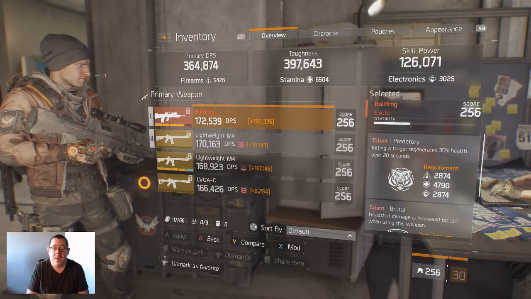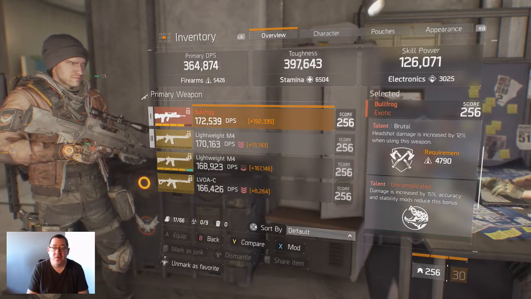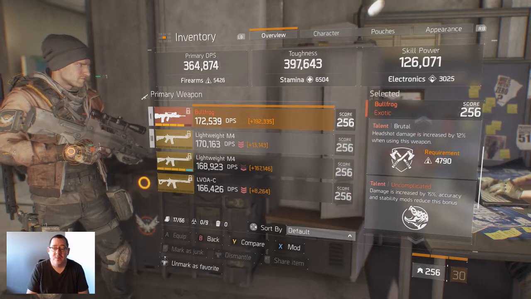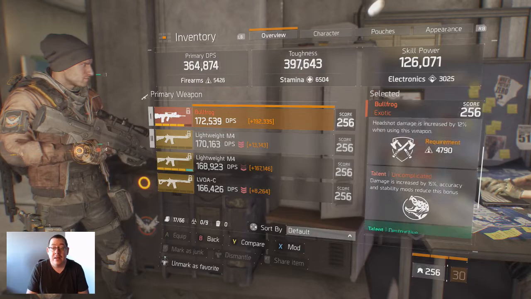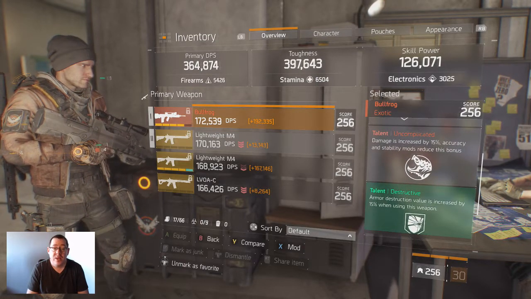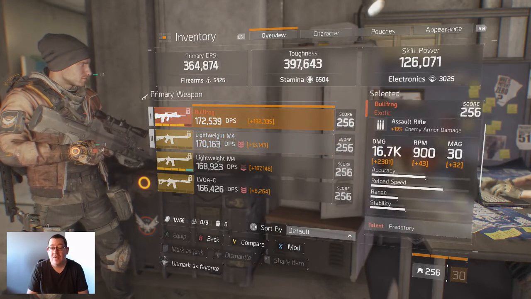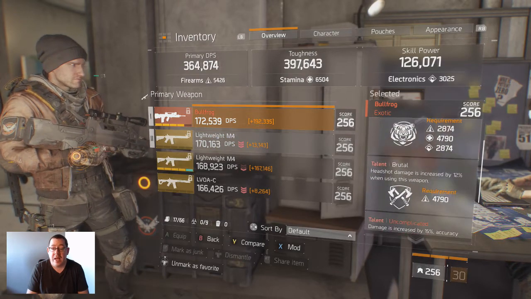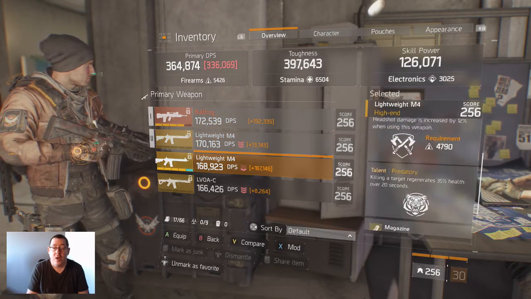It's then got predator on it, brutal, and then the actual talent for the bullfrog, which is uncomplicated. So you can see damage is increased by 15%, accuracy and stability mods reduce this bonus. And then you still get your 4th talent from your free gun. So you get basically the bottom talent rolled in this gun, which in this case is destructive. So it works out that I pretty much have everything here that I do with this lightweight M4, apart from